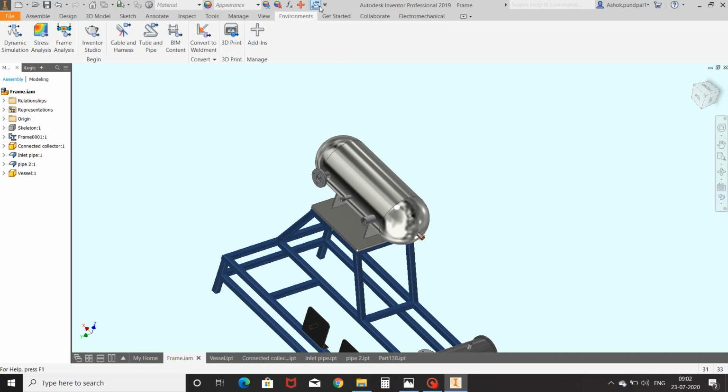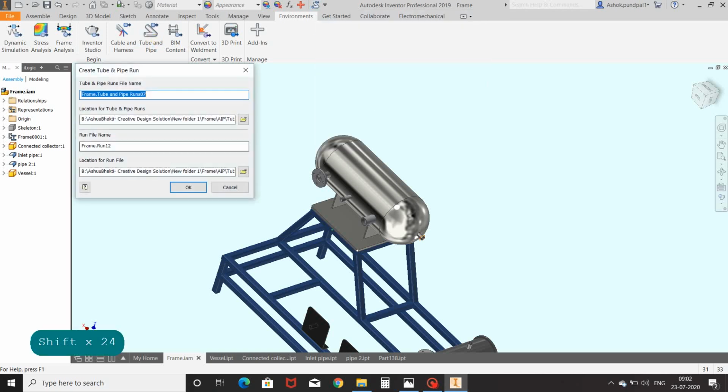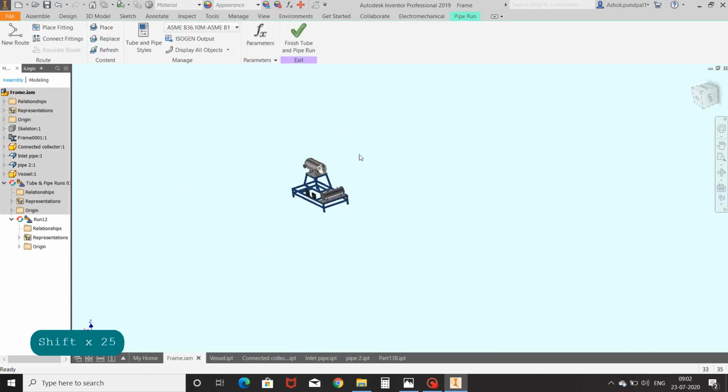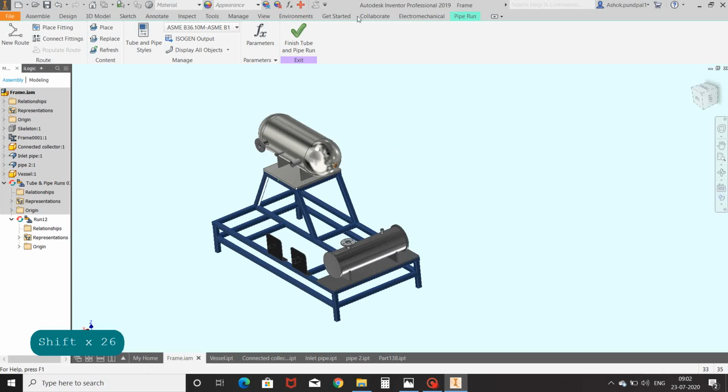I have already added it to the quick access toolbar. Click on the tube and pipe command. Click OK for this window. We have entered the tube and pipe command window.